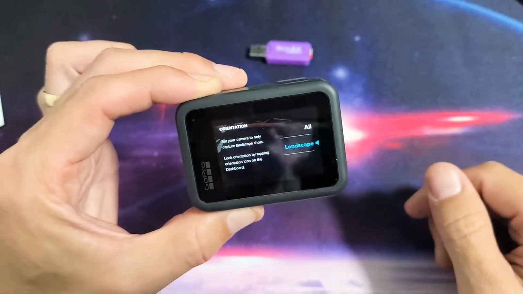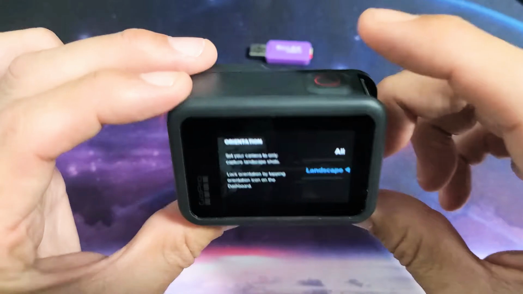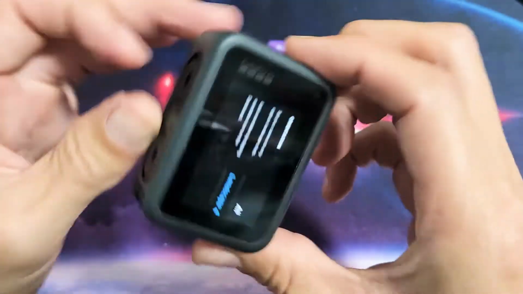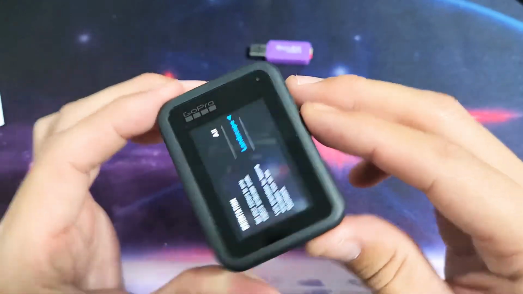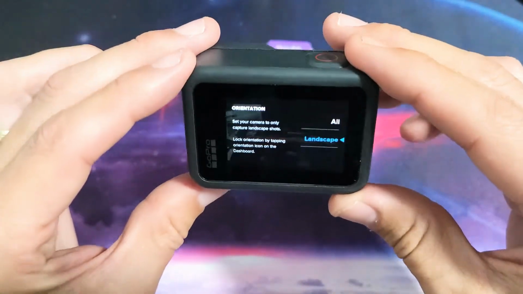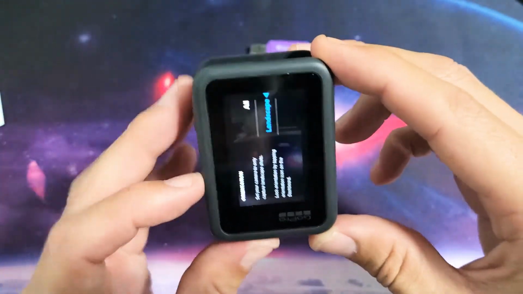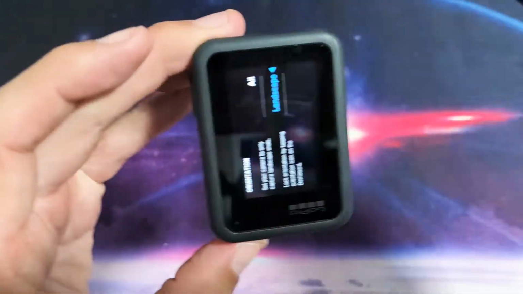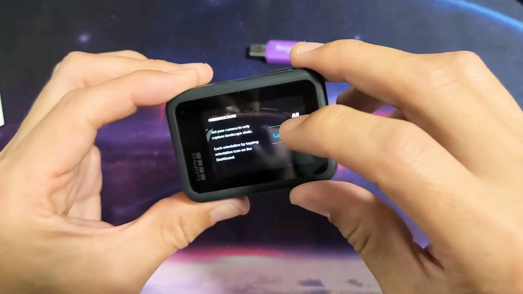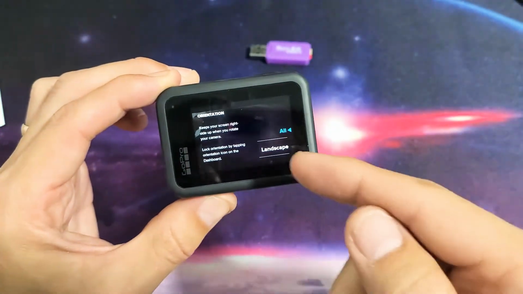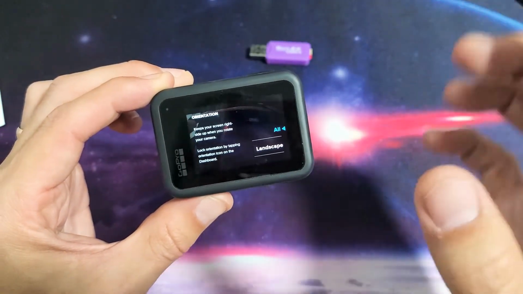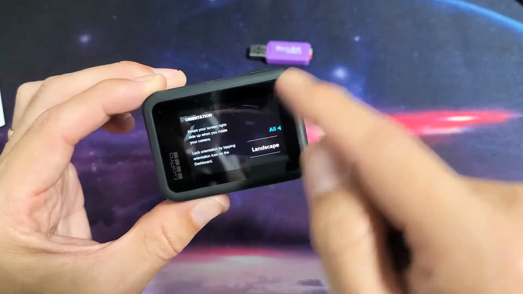If you have it in landscape, then you can only record like this way or this way. Okay? If you have it under all, you'll be able to record in both landscape positions as well as both portrait or basically vertical positions as well. Now really quickly, let me just go back to all. Now most of you guys probably want to always leave it on landscape. You don't ever want to record like in a vertical position, but just for example here,